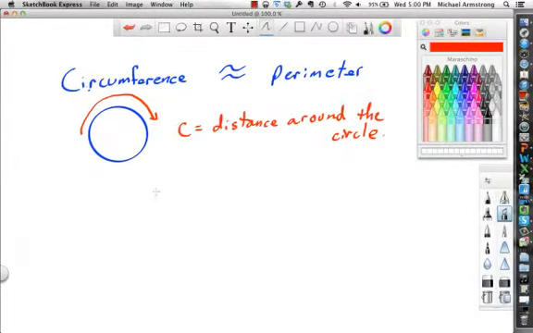Now the cool thing is that they came up with a really neat formula using a symbol, and the symbol is pi. And it is almost Pi Day. March 14 is coming, and we're going to have to talk about that more. But circumference equals pi, and you know how to draw pi. It looks like that. It's a little squiggly with a couple lines coming out, a couple of legs, times d. And d is the diameter. Or